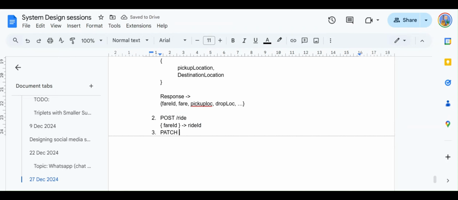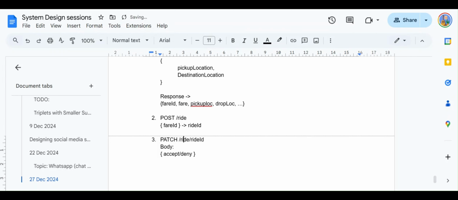The method name is patch. It can pass in the ride ID, which ride we want to patch, and in the body you can have an enum which is either accept or deny, right? So this can be the patch.